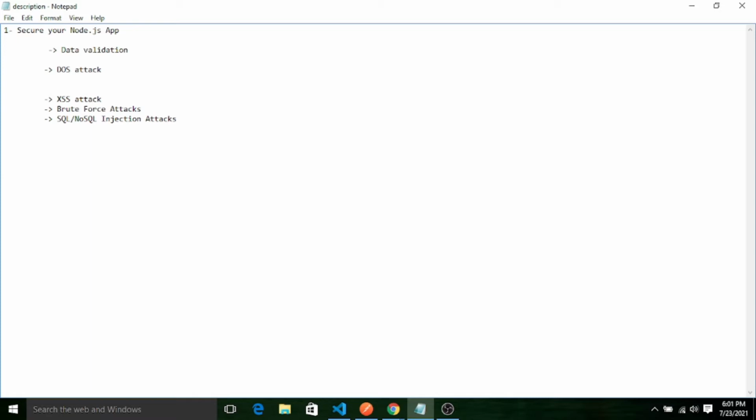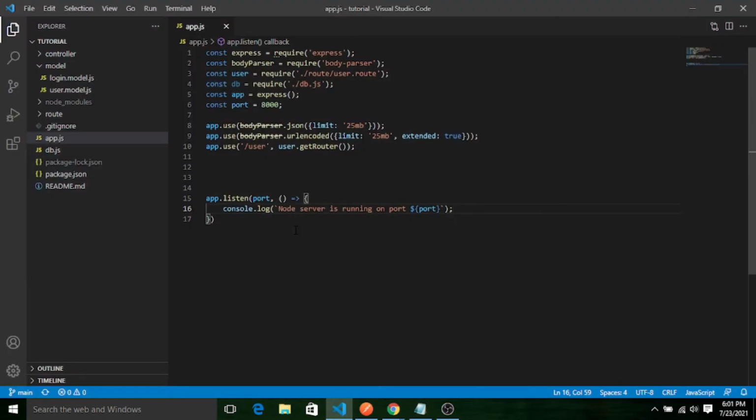So what do we have to do to prevent this? First, we can limit our requests as per each route. Let me open my VS Code.